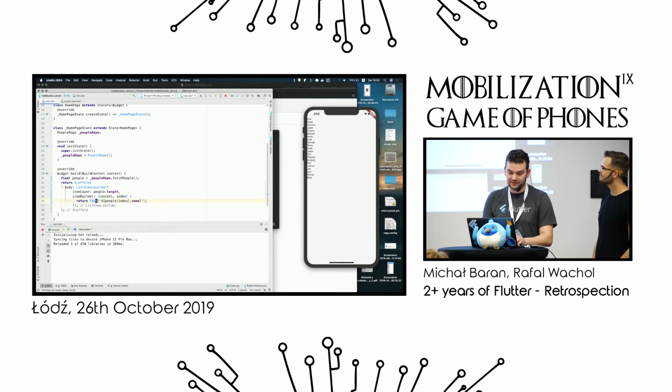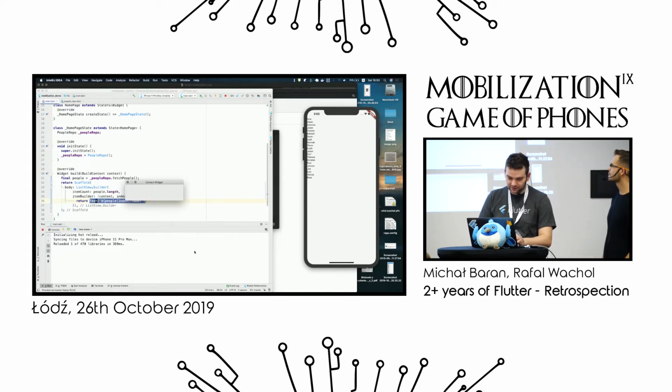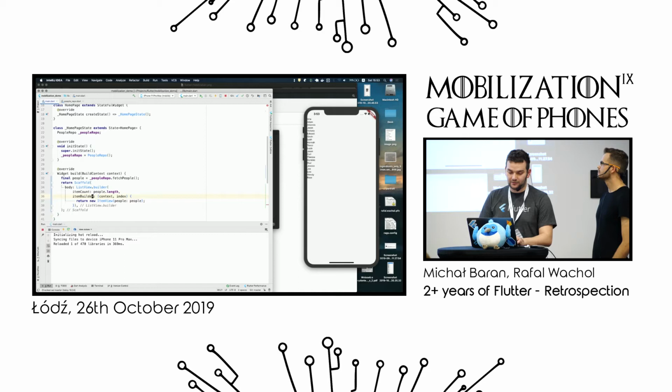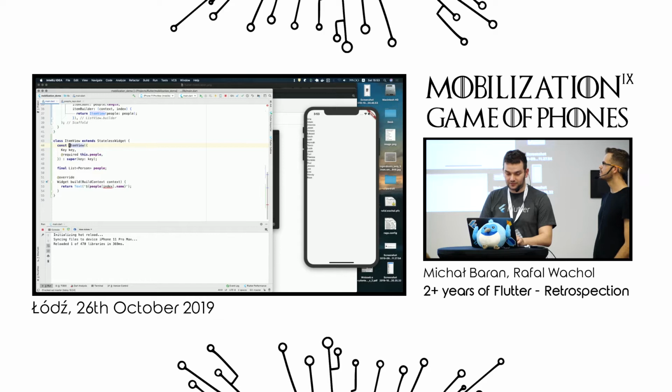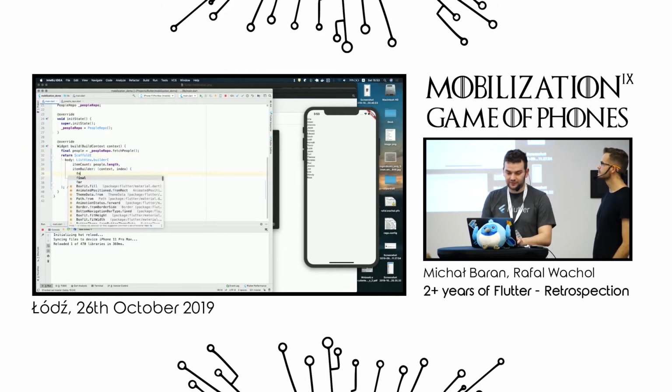Okay, cool. That's easy since everything in Flutter is a widget. We can simply mark something and extract this to a new widget. Extract the widget. Let's call it item view just for simplicity. We don't need this new. And then, actually, let me quickly go back. What would be better to do, for the sake of refactor, is just extract this person to the people of index, and then